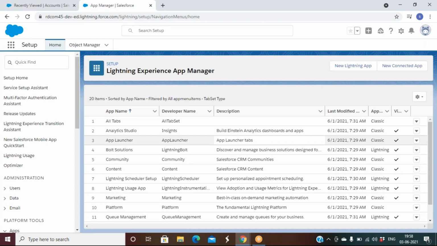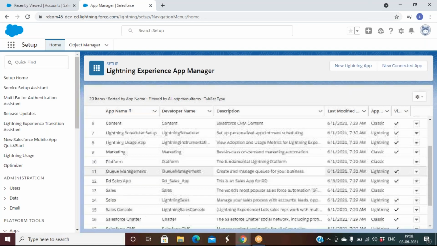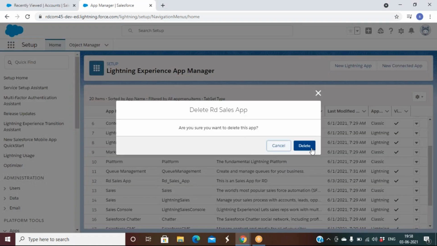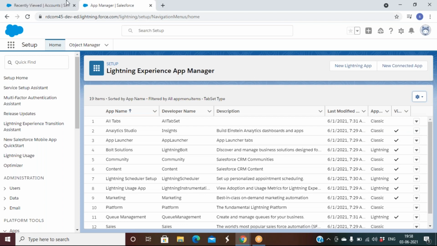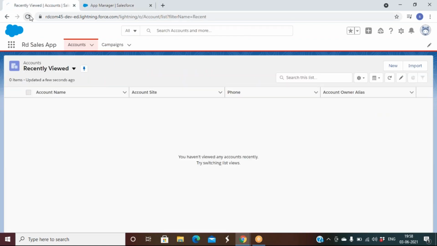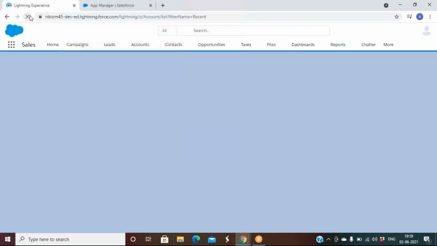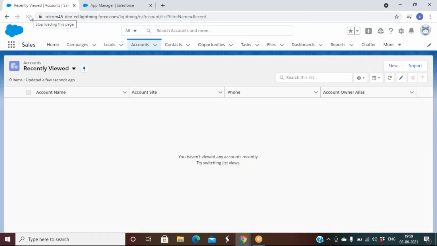Now let's say I don't want this app. Can I drop? Yes, you can. Let's see, objects are not related to app. You can add whatever objects that you created to any of the apps. Later we'll discuss that object part. If you just come back, refresh here, since you deleted the app, it got deleted.